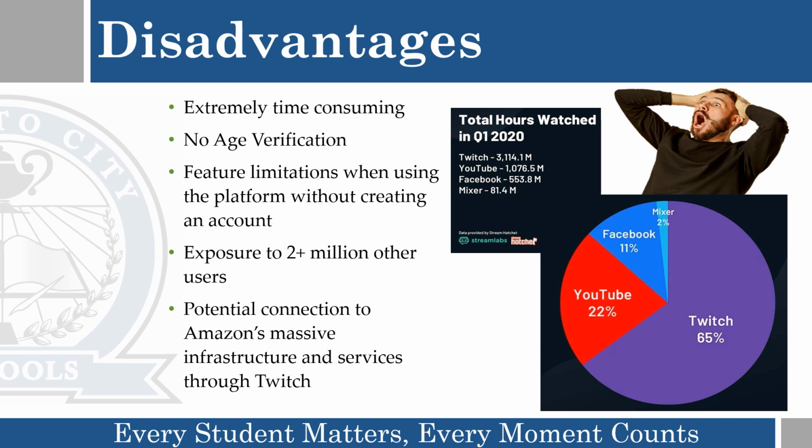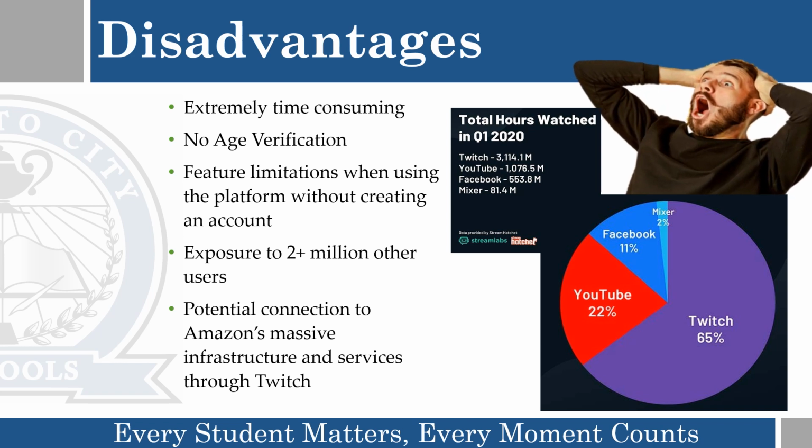And of course, the last bullet point on this list, Twitch is connected to Amazon's infrastructure and their services since Twitch is owned by Amazon. This connection makes it easier to suggest the use of services like Amazon Prime if you don't have it already, and Amazon Payments, which then can lead to users making real-time monetary transactions that can leave them asking themselves, wait, where did all my money go? It seems I already don't have a great grasp of where all my money goes, so I really don't need another